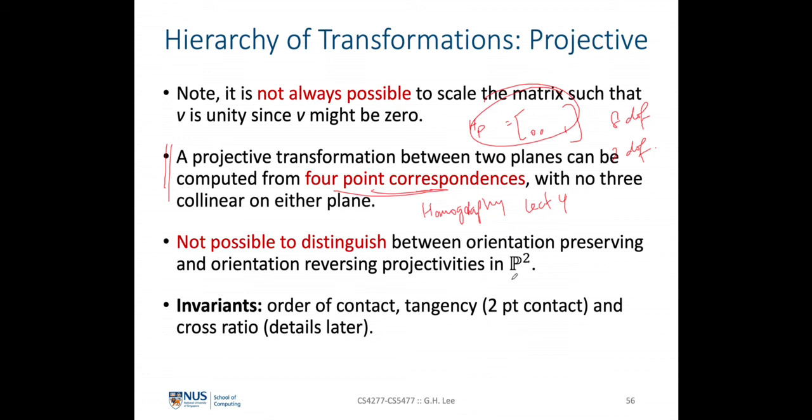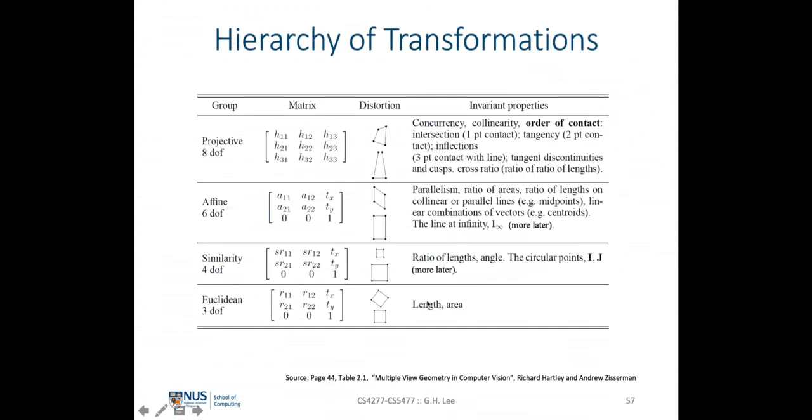2D projectivity space, because there's 8 degrees of freedom where all the numbers are free, and the invariance here is the order of contact, the tangency, and the cross ratio, which we will talk about later. Here's a summary on the hierarchy of transformation. So far we look at the Euclidean transformation, the similarity transformation, affine transformation, and the projective transformation, and the invariant